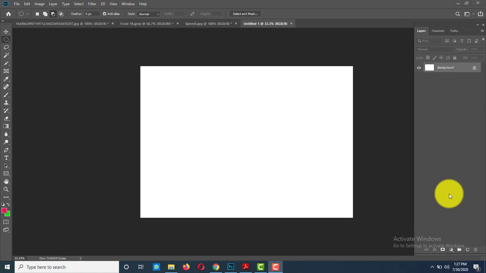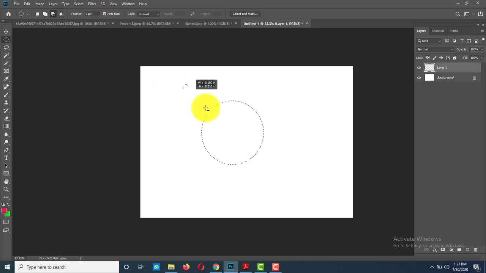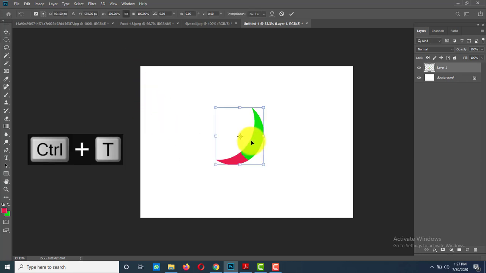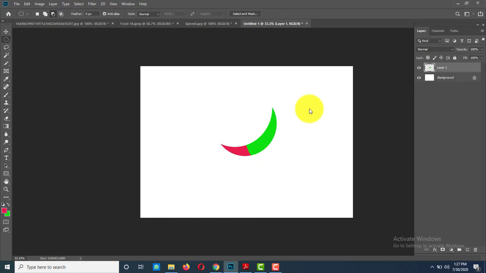Now we are going to create a shape or logo using the marquee tool. For this, insert a new layer and select the elliptical marquee tool. I am going to create a shape and fill the color. I am using 2 colors. If you want 3 colors, you can also do that. Press Control T for transformation, and I am changing this reference point to the right corner. If you want, you can change to any corner. The default angle is 0. I am going to change it to 20, press Enter, and use Control Shift Alt T.